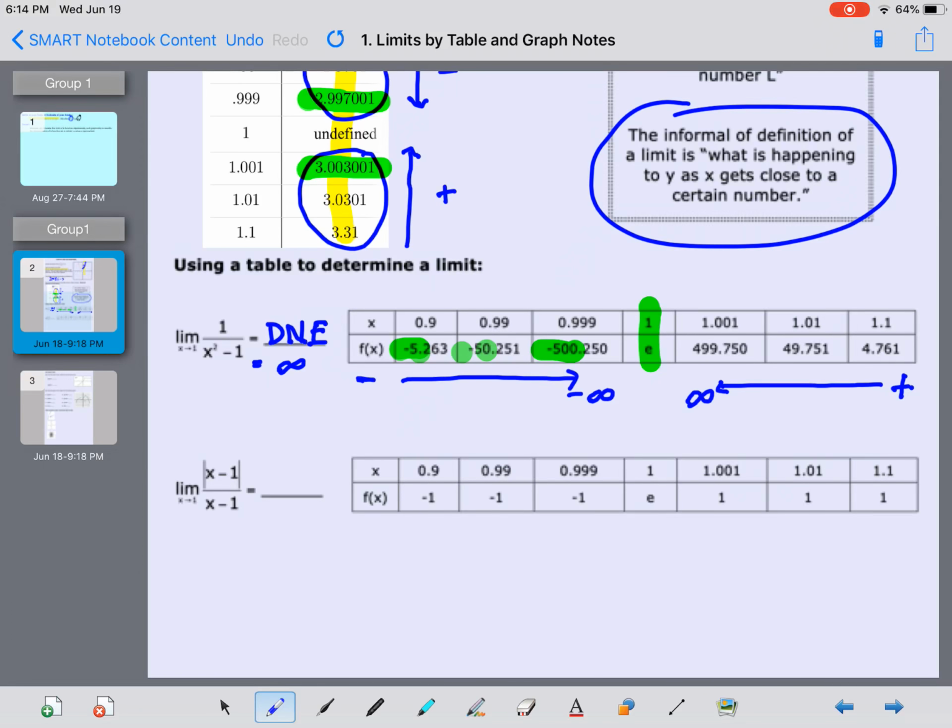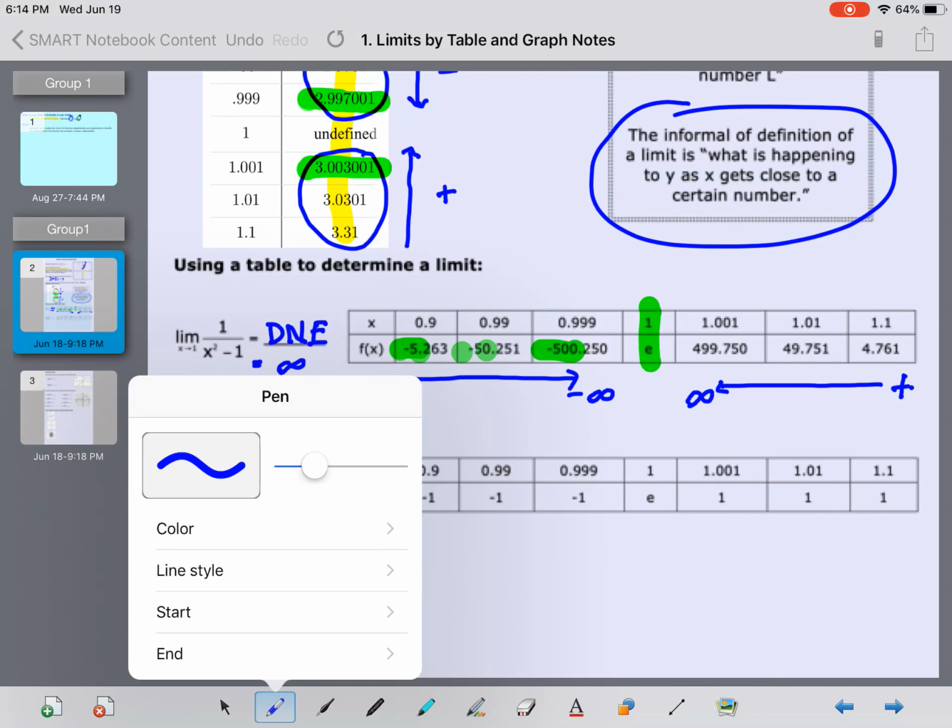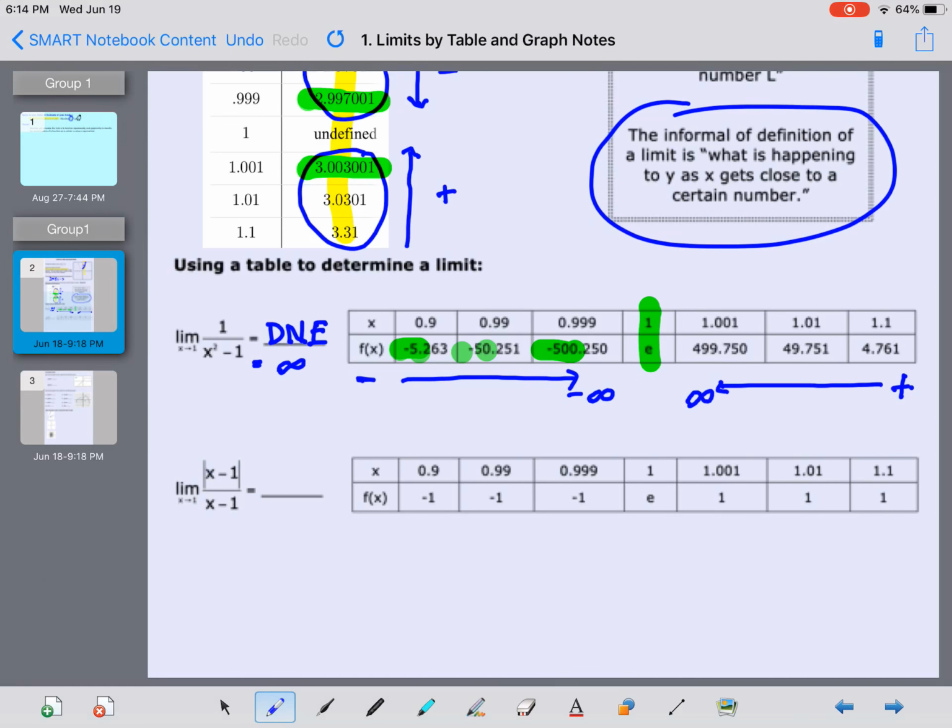Some might argue with that because one side is negative, one side is positive. But we can also say that this is an unbounded, well, we don't want to say equals, but it is an unbounded graph. If we think about the graph of this function,